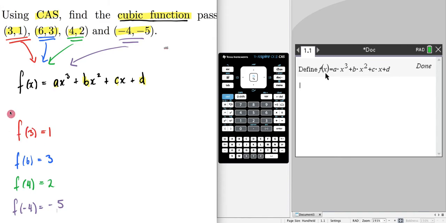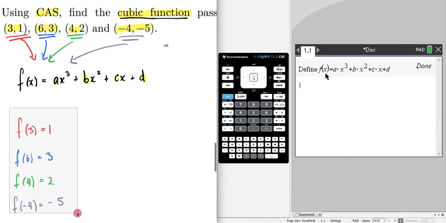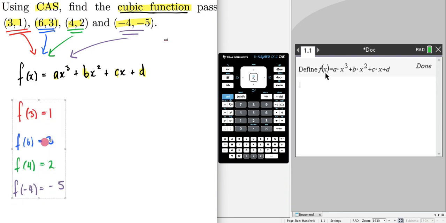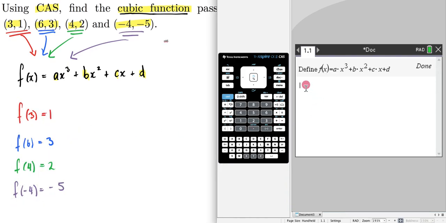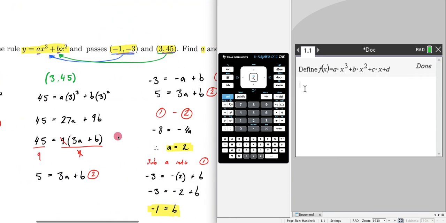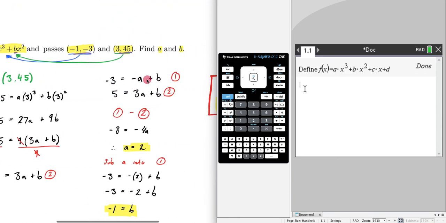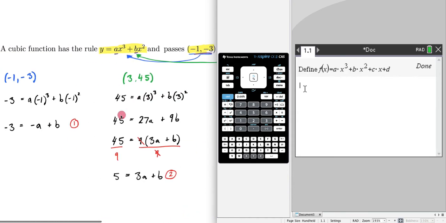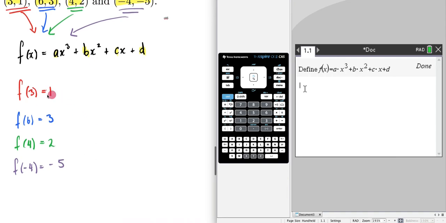So what I've just done there is using my notation. I've done what I'm doing, but it's just far simpler. So now I can come to my CAS and I'm going to solve these simultaneous equations because they are simultaneous equations. This is exactly the same as what we had, for example, over here. We subbed them in over here and we had to do all that hard algebraic work ourselves, but now we're going to use our CAS to solve these